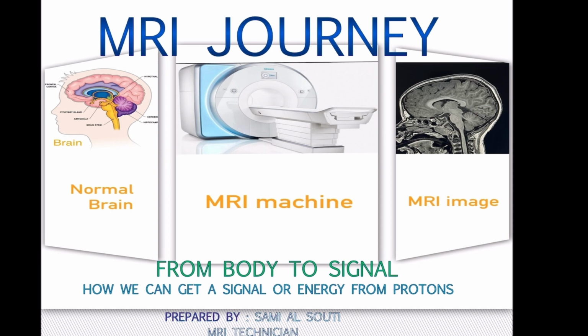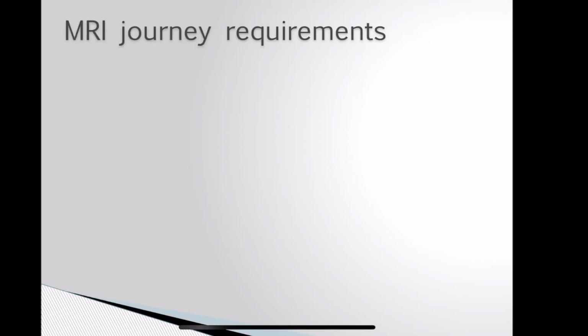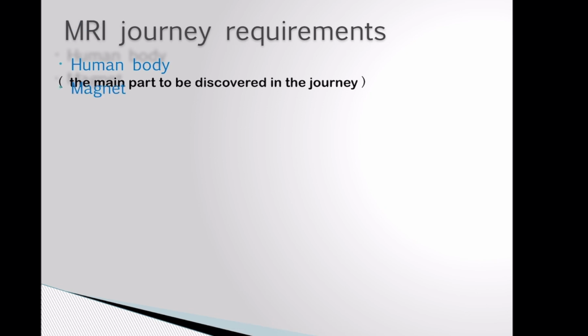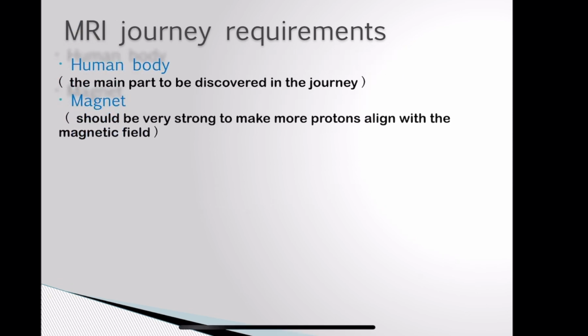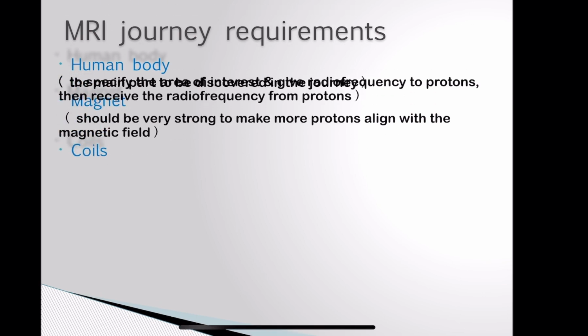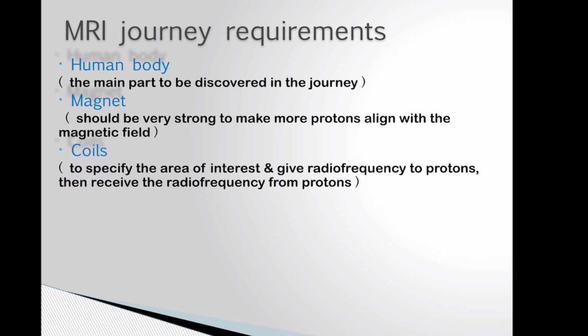MRI journey requirements: the human body, the main part to be discovered in the journey. The magnet should be very strong to make more protons align with the magnetic field. Coils specify the area of interest and give radio frequency to protons, then receive the radio frequency from protons. Gradients